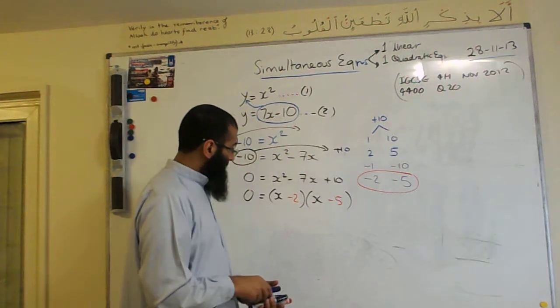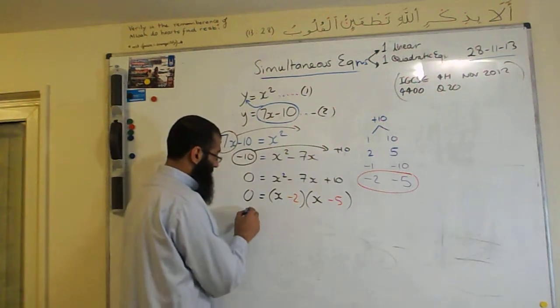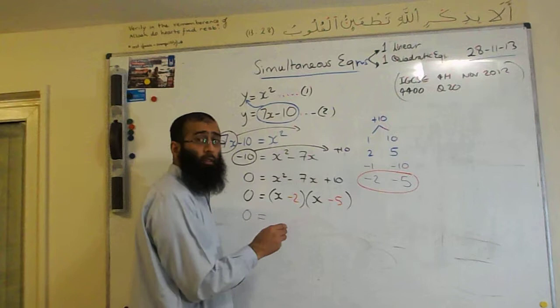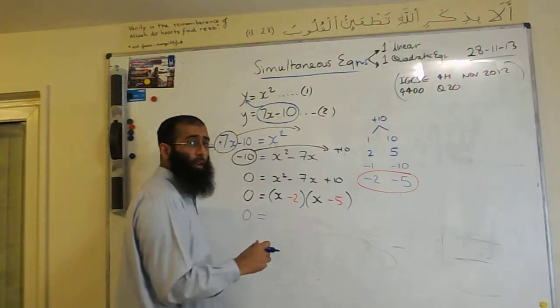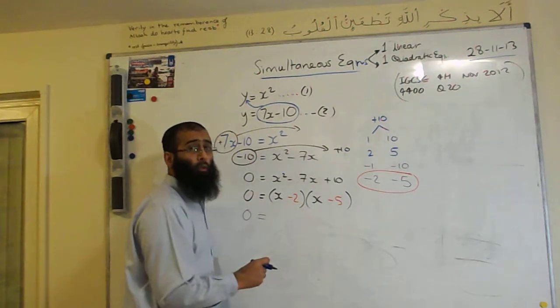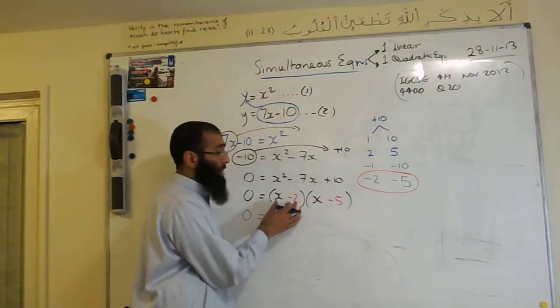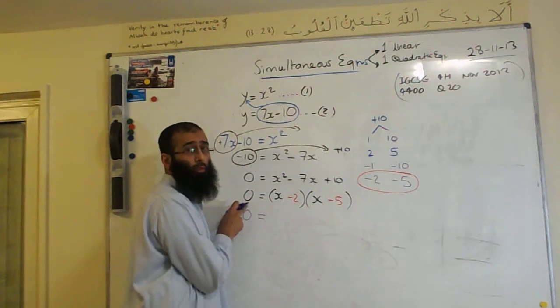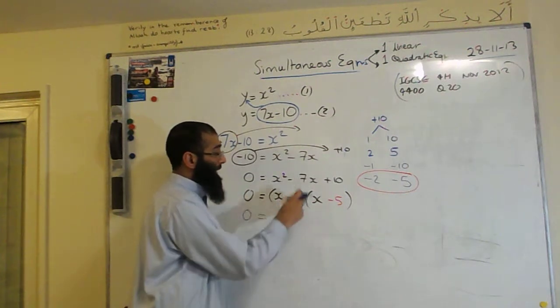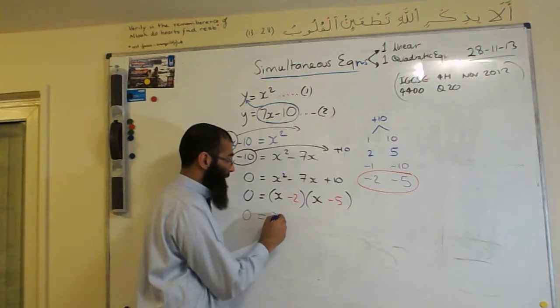Solving this type of question, we can just do by sight. To solve this quadratic equation, we need to make each bracket equal to 0. So we need to make this bracket equal to 0, because once we have a 0 in here, a 0 times by something else gives us 0. Okay? So to make this bracket equal to 0, I need to put x as equal to